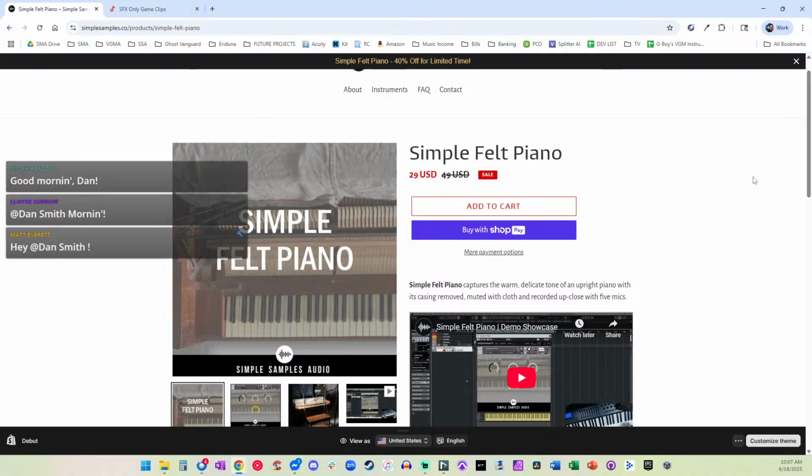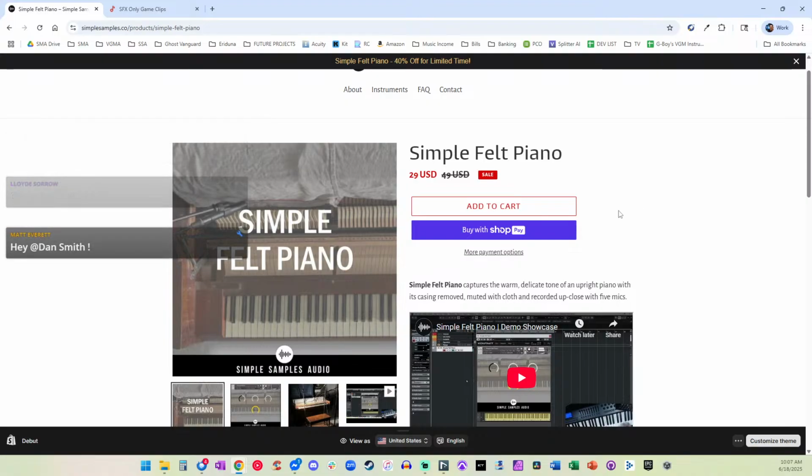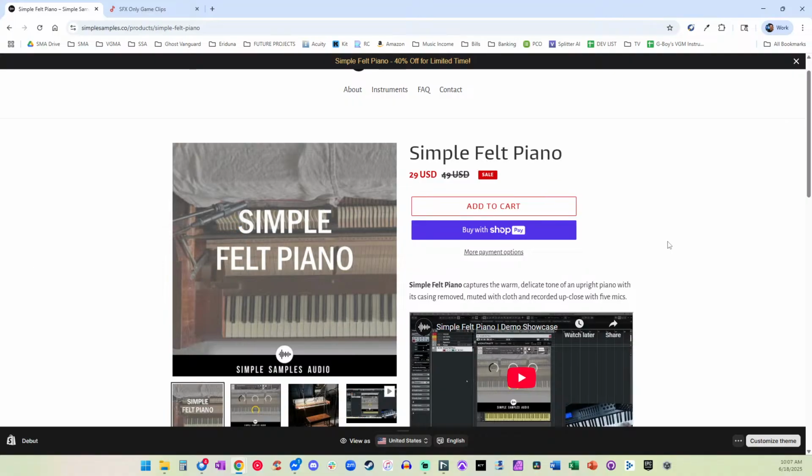Be forewarned that this piano, just like all pianos, will not work in all contexts. There is a context for this. This is for delicate, warm, intimate types of music. This is not going to work in rock music. This isn't going to work in big orchestral sweeping scores. I mean, you could work with an orchestra, but this is like soundtrack, delicate, beautiful, close.